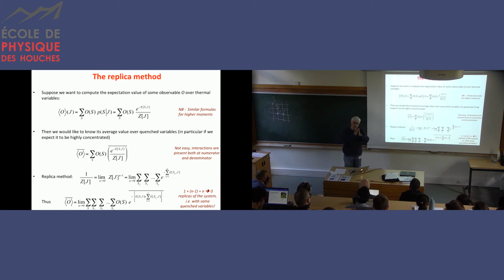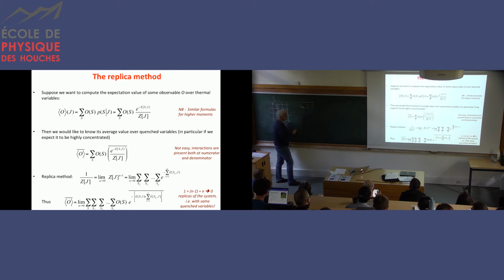Okay, so in the regime where the log of z will be concentrated around some average value, then you can compute the log of z using these usual things. So for instance, you would like to compute the log of the average here, and that you will do by computing the exponential, let's say z to the n average, which is exponential n log z, right? And you see when you expand to first order in n, you get the average value of log z. So it's another way to introduce the small n going to 0 number of replicas.